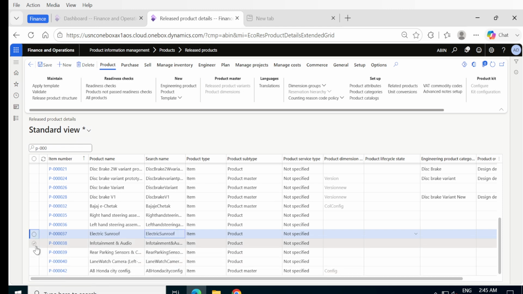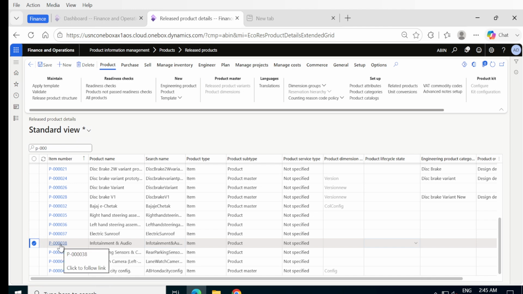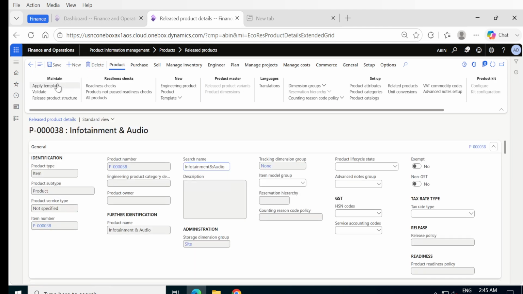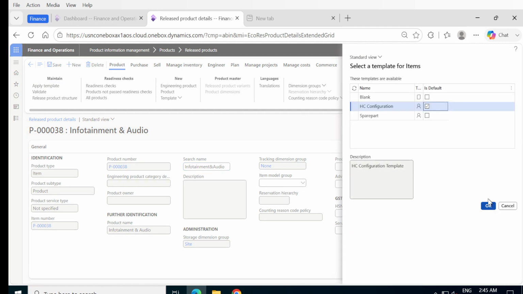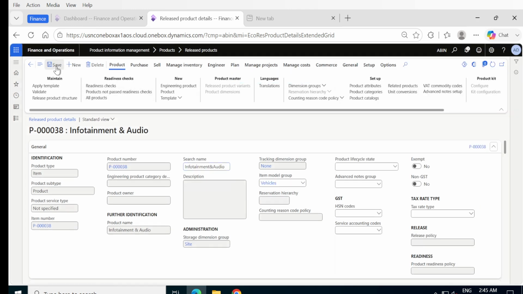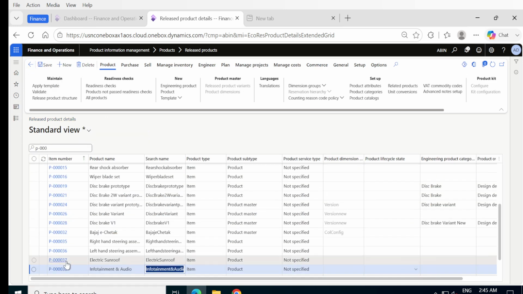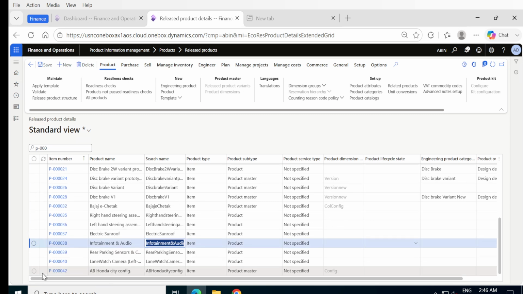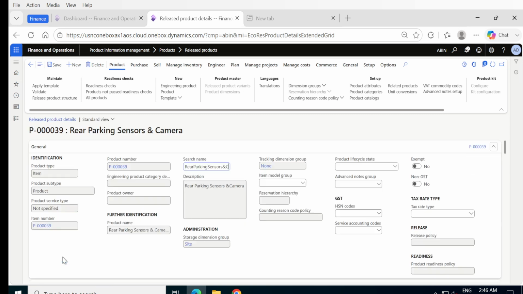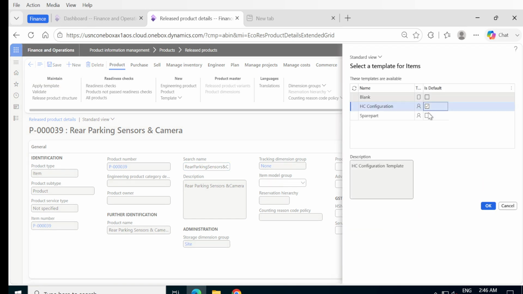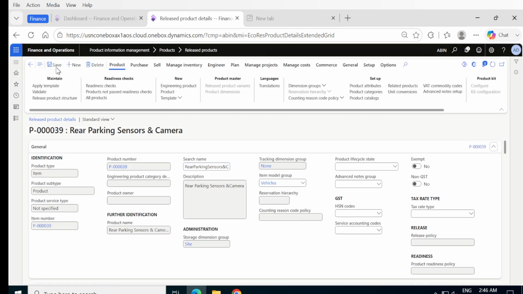Now the rear park, infotech, apply template, configuration, save. Okay. Next, next rear park, apply template. Next, save it,